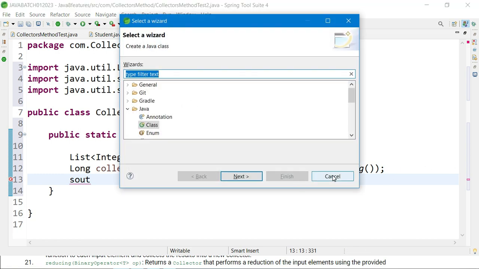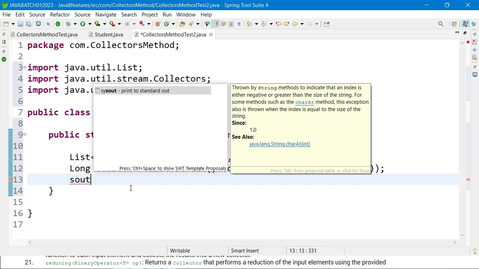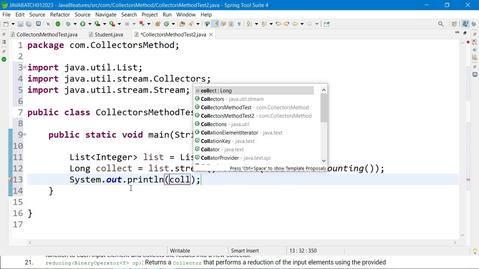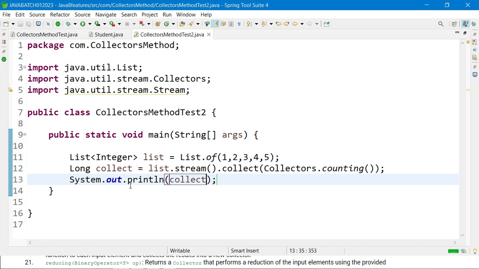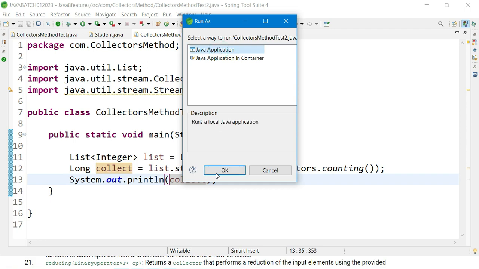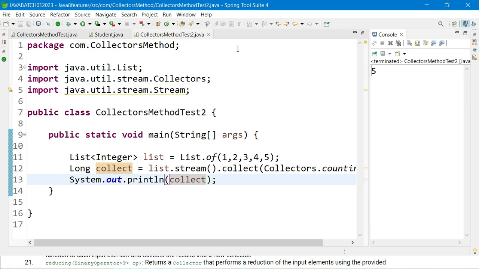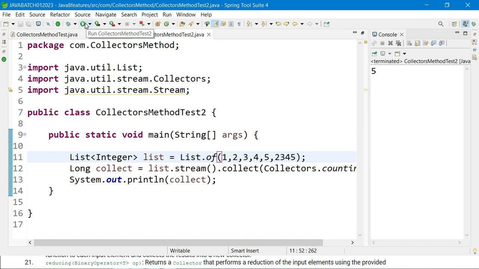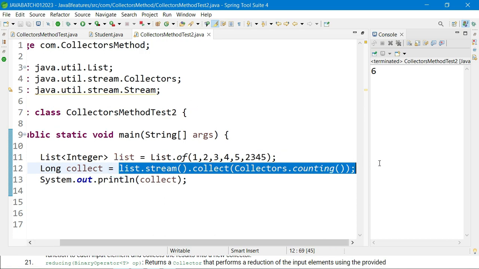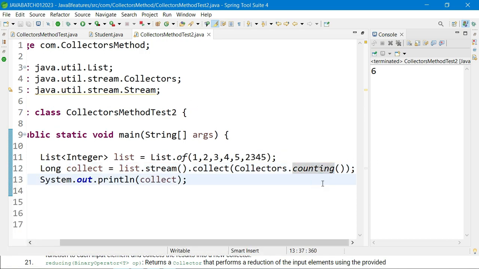Let me cancel first, and press control space and print the collect. Collect is nothing but how many elements are available inside this list, and it will print it. If you see the output here, it's 5. Let me run one more time. It's 5. If you add another value, it will print 6. Okay guys, I hope you understood how we can use the counting method to count how many numbers are available. In the same way, if I talk about,